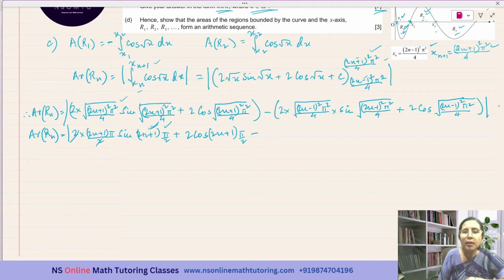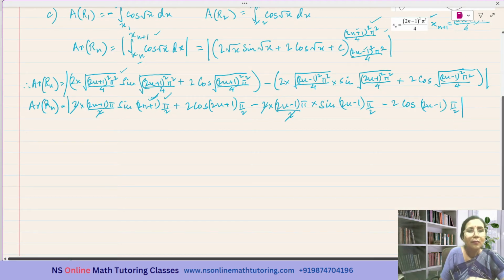Okay. And minus, I'm just opening the brackets. So this and (2n minus 1) pi over 2. So these two will be getting cancelled and I'll be having sine of (2n minus 1) pi over 2 minus 2 cos of (2n minus 1) pi over 2. Okay. This is the absolute value. Now,